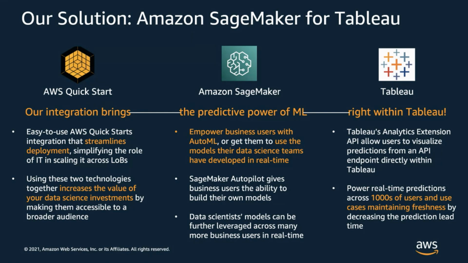So together, these three technologies, the Quick Start that ties everything together, SageMaker, which allows for scalable and accessible building of machine learning models, and Tableau, which brings data and brings insight to people all across the business, from a CEO to a development manager to a frontline sales rep. We have this really powerful ability to actually take data, turn it into predictive analytics, and then democratize and share that analysis across an organization and really go from a data set to a working solution in a matter of